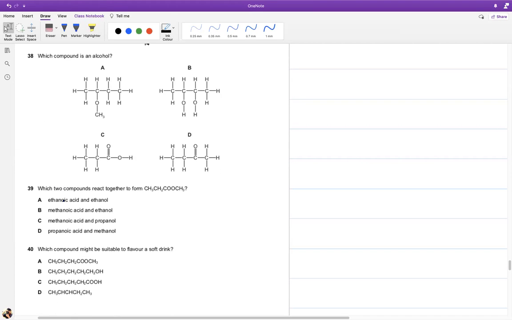Which compound is alcohol? Anything with OH in it. अब इसको देखते हैं जरा. हमारे पास OH है, यहाँ पे है, यहाँ पे है. This is a diol, clearly an alcohol. This thing has ether in it. So this is an ether, not alcohol. This thing has COOH in it. This is acid. And this thing is a ketone, which is beyond O-level syllabus. So the answer is B, it's a diol.